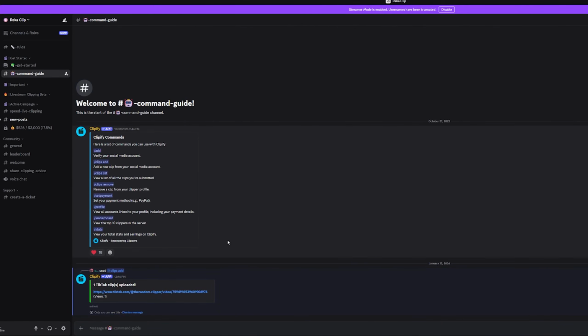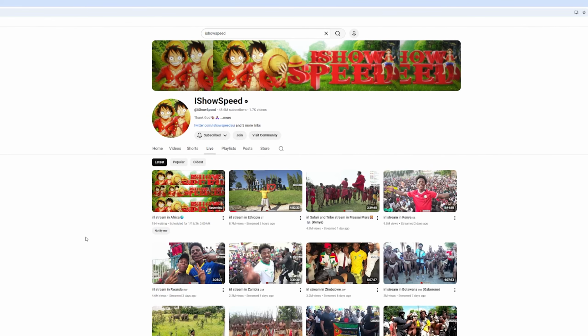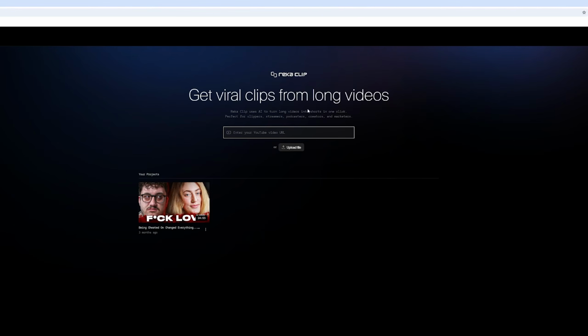So make sure you guys get on this because you can add a ton of manual clips. So make sure you guys go try out this clipping opportunity because Speed has been going live a lot lately, and there is a ton of footage to clip from. And all of this is with using Reka AI, and you could also use this for other clipping things that you want to do. If it's with the TikTok Creator Rewards program or anything else, you could just copy and paste your YouTube video URL into here, and that's it.